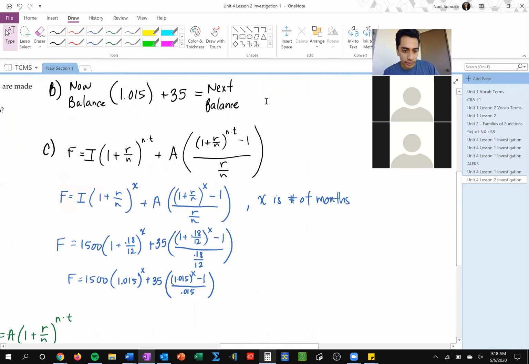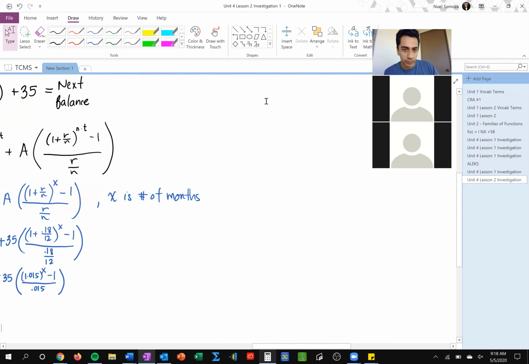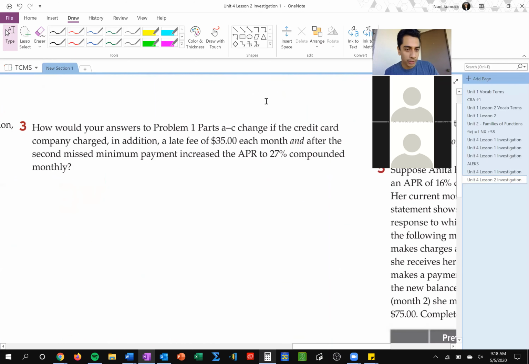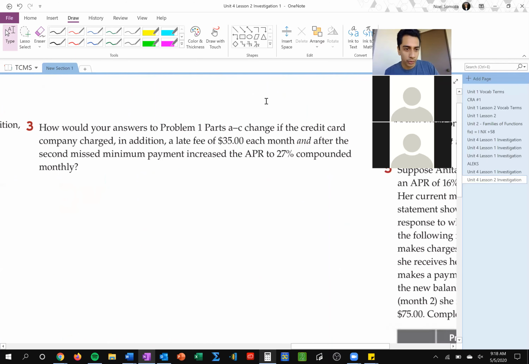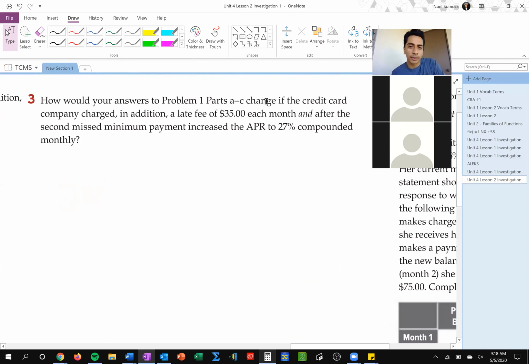Okay. All right. So now let's kind of move on over here to number 4, or actually number 3. Yeah, number 3. Okay. So how would your answers to problems 1, parts A through C change if the credit card company charged, in addition to the late fee each month, and after the second missed payment, they increased the APR to 2.7% compounded monthly? Okay. So